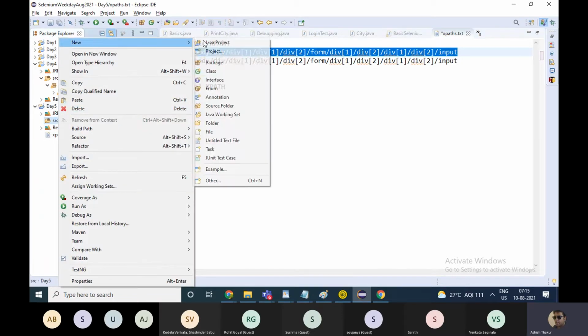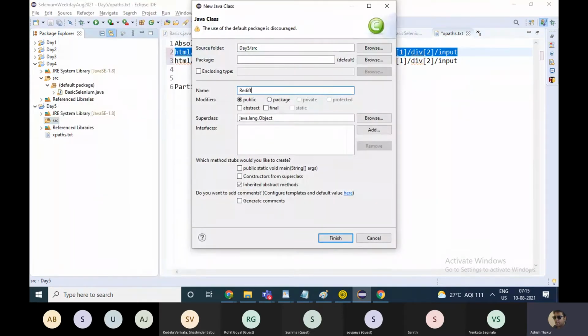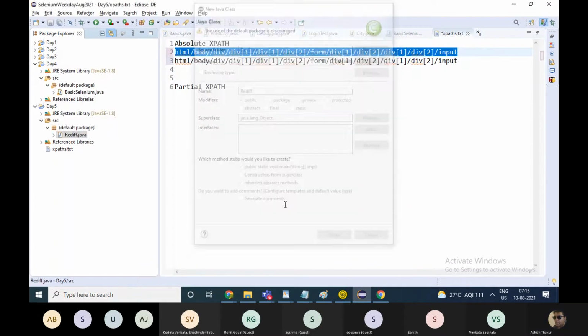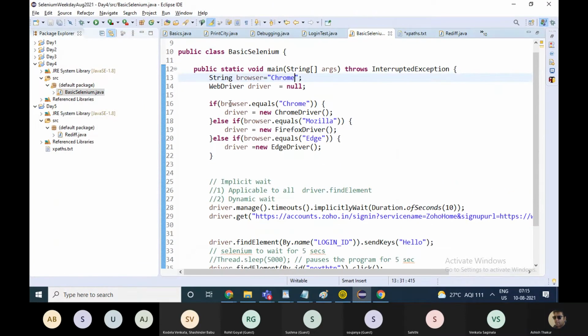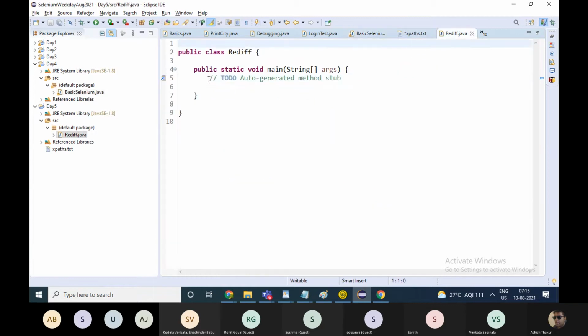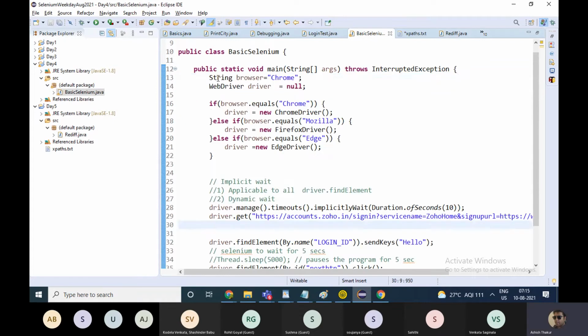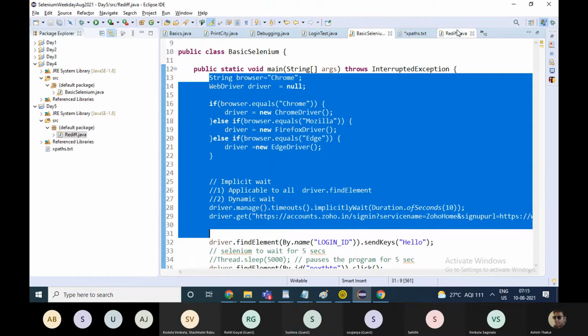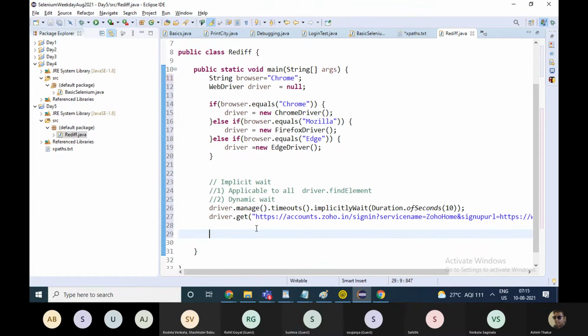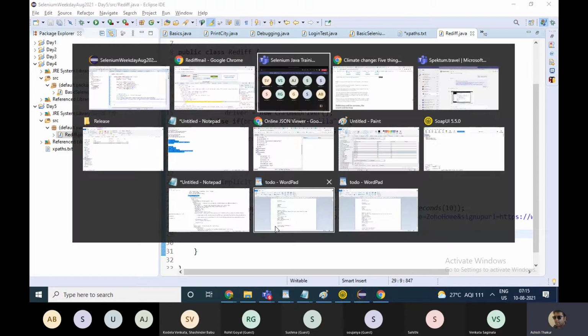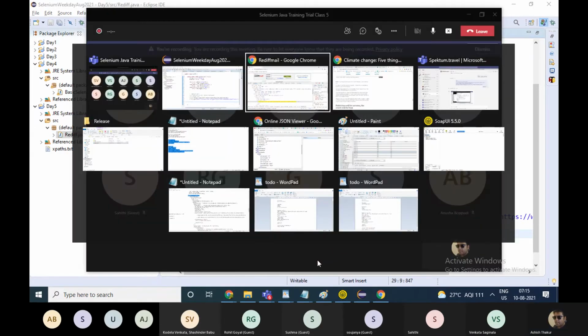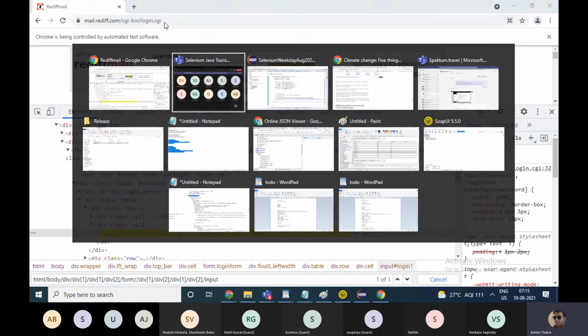I'll just make a new class known as rediff.java. And you can write the code. And in driver.get, you can put this URL.